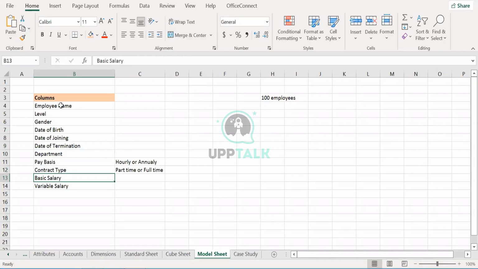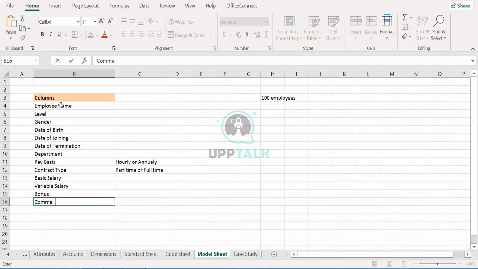You can capture all kinds of data, the basic salary and the variable salary, and if he is applicable for any kind of bonus. You can also add certain comments for that employee, for example that this particular employee worked hard somewhere, or any other kind of comments. You can also mention the address of the employee.